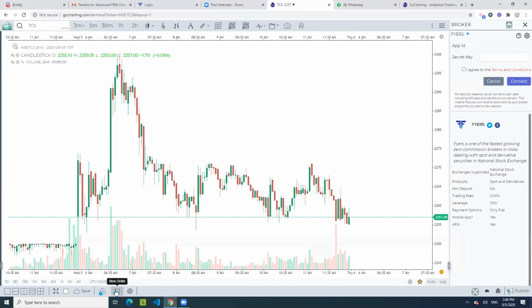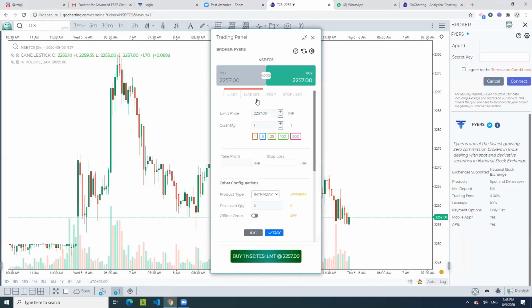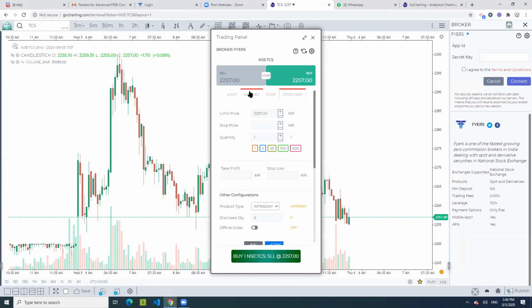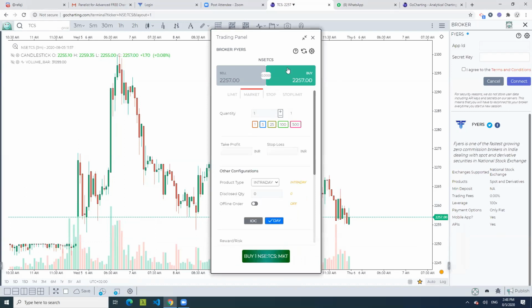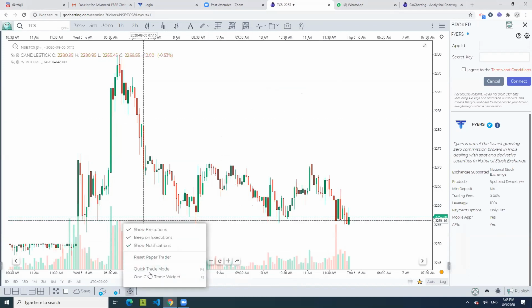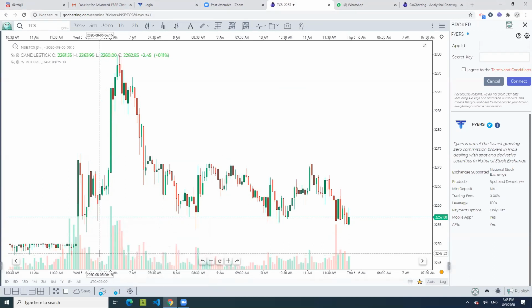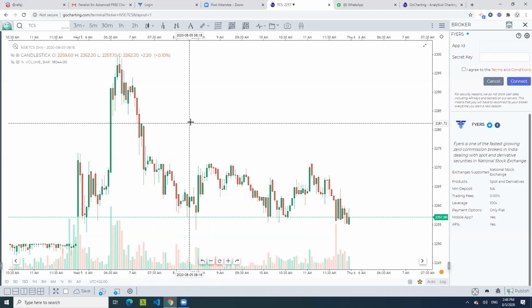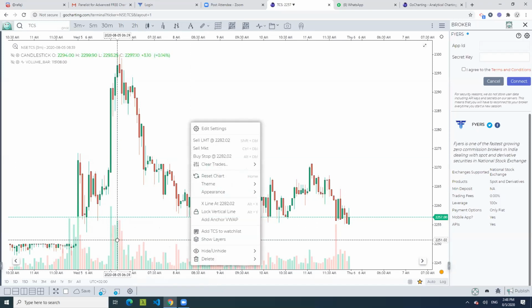Then there is something called the widget panel. This is where you place your orders and they get executed. Here are some of the options. There's something called quick trade mode. In quick trade mode, you can literally place an order by, let me show you